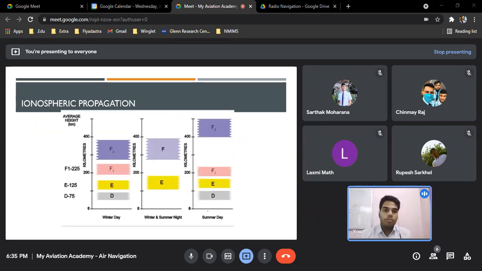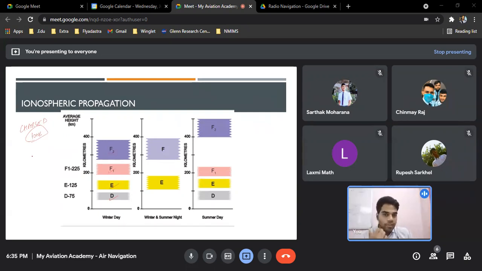So we talked about the space wave and our surface wave. Now let's come to the next topic, which is ionospheric propagation. I've already explained to you a lot about the ionosphere, that there are charged particles, which are known as ions. Because this layer is a broad layer, spanning kilometers, it has also been divided into subcategories. These are named D, E, F1 and F2. You should understand the charged ions.